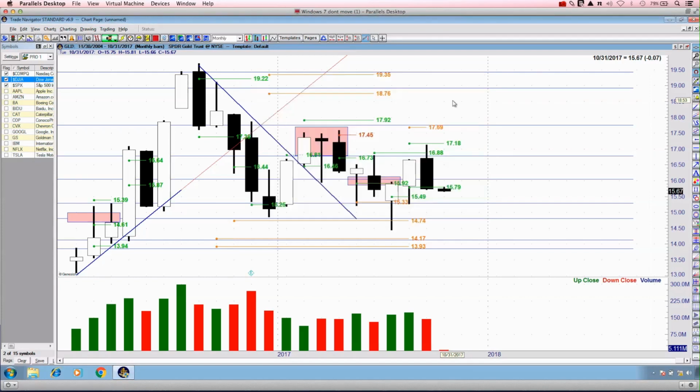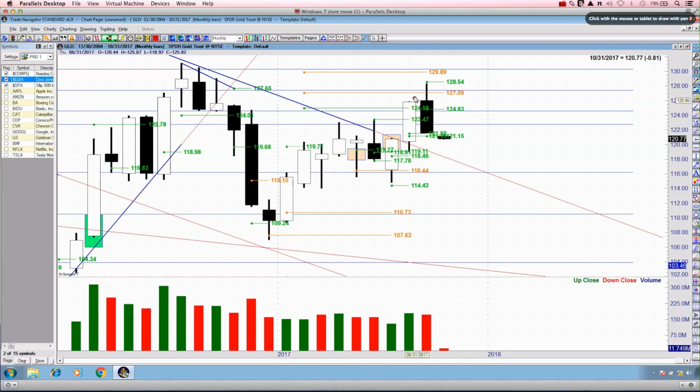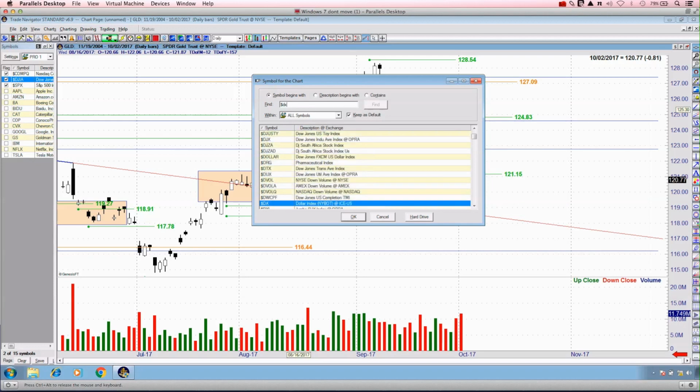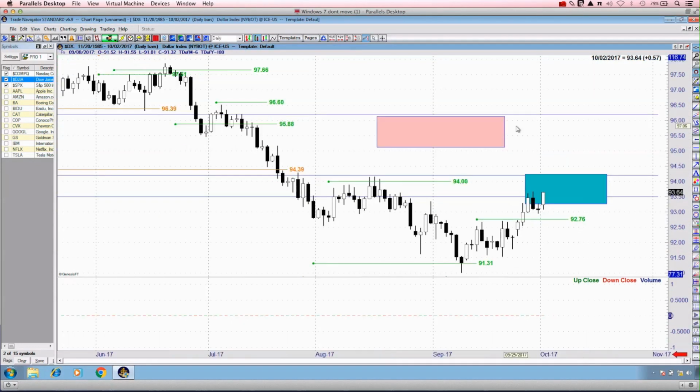If we bring up the same template of gold as well, you can see a big upper wick. This looks like a bearish piercing pattern. We've pierced at least halfway into the month of August, and we're starting the month of October, at least the first trading session of October, relatively bearish as well, down another 81 cents on the ETF. So I just wanted to point out the key to gold and silver at the moment is what is going on in the US dollar.